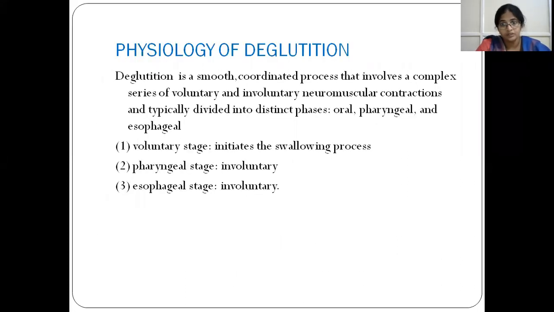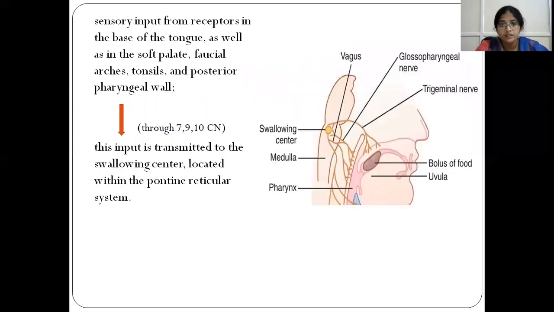Before discussing the physiology of deglutition, we have to know the nerve supply. What is swallowing? Swallowing is a reflex process. It means sensory nerves are there, and motor nerves are there. So when the food bolus enters the pharynx, the receptors present on the base of the tongue, soft palate, fauces arches, tonsils, and posterior pharyngeal wall